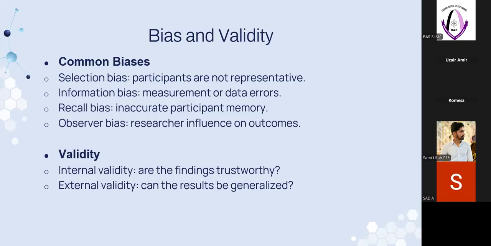We are using convenience sampling. Let's say, for example, we are conducting a research in undergraduate students, but the problem is I cannot get access to all the undergrad students. So what I do, I change the title of my article and narrow it down to Sahiwal Medical College. And even in that, you will often see if a research is being conducted by a third year MBBS student, then his article's population has a majority of third year students. Also, other students would be present, but their number would be low as compared to third year MBBS. Why? Because it was easy for him to get those forms filled by his own classmates. So it is a selection bias.